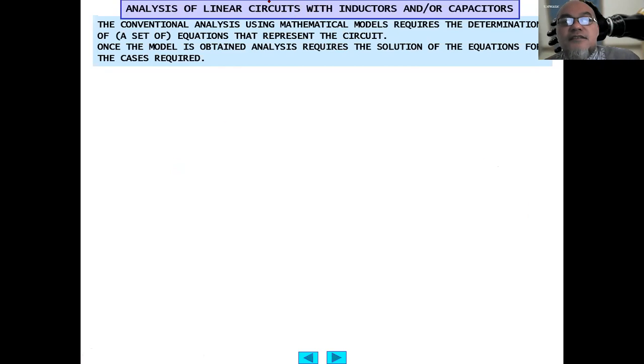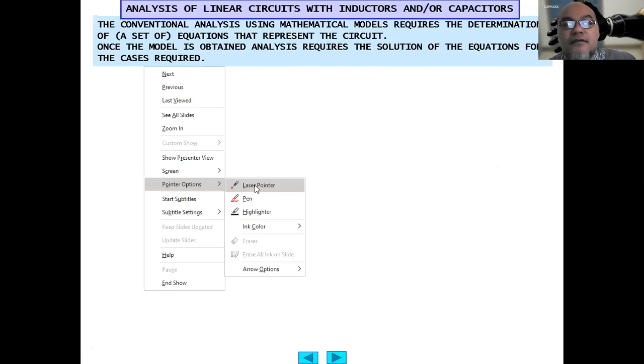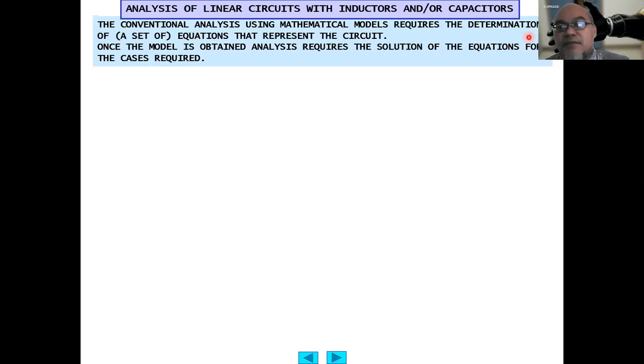The conventional analysis using a mathematical model requires the determination of a set of equations that represent the circuit. We have already done this in the previous semester in Electrical Circuit 1. We determine the set of equations that represent that circuit. In Electrical Engineering 1, we used only resistors, the passive circuit element, so that is very simple. We use Ohm's law, Kirchhoff current law, and Kirchhoff voltage law, and then we can solve the circuit